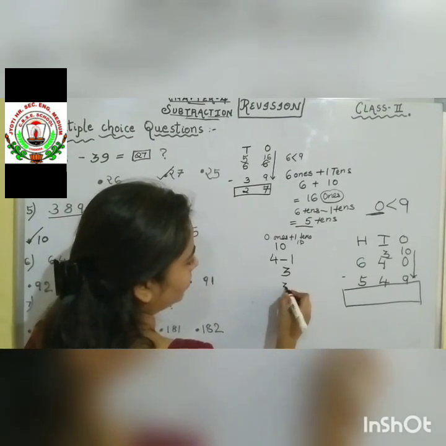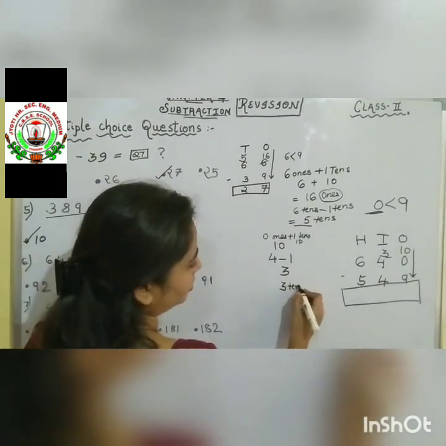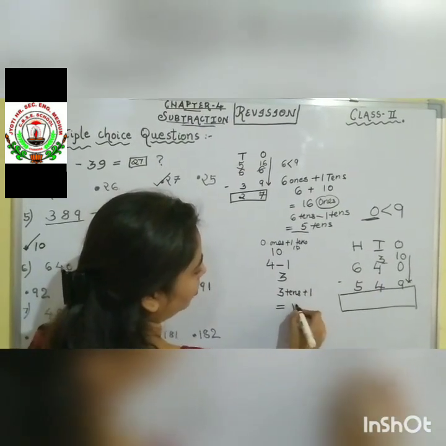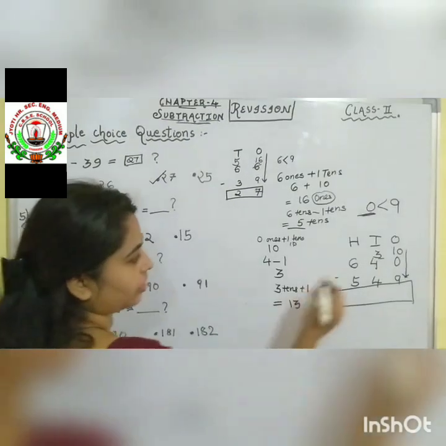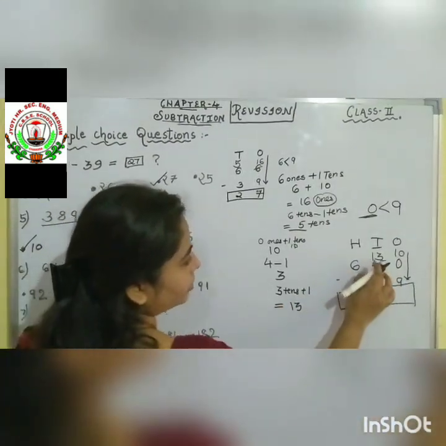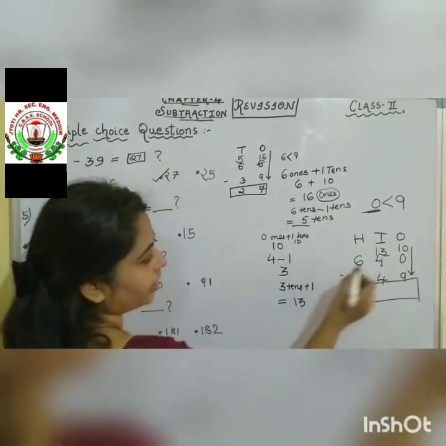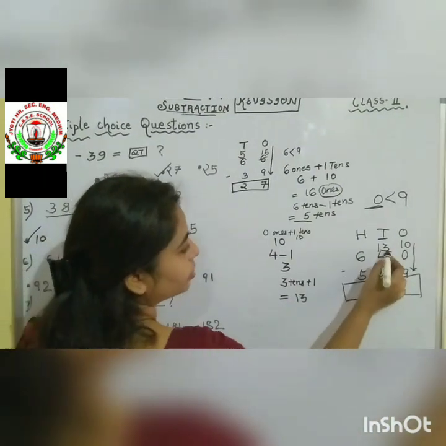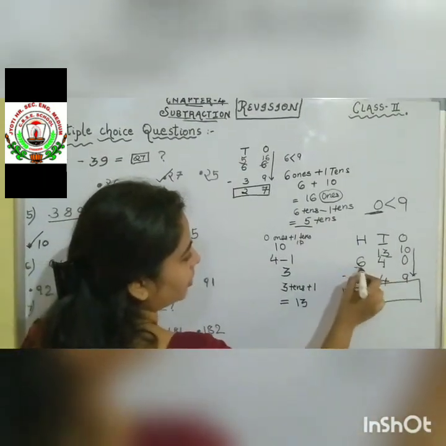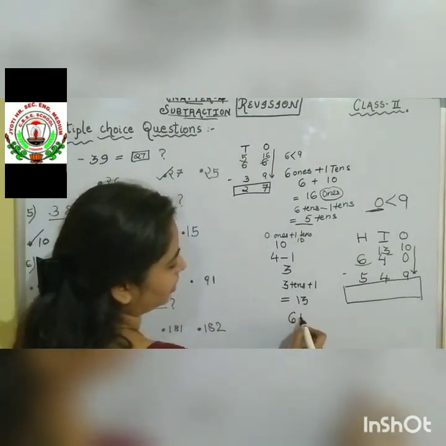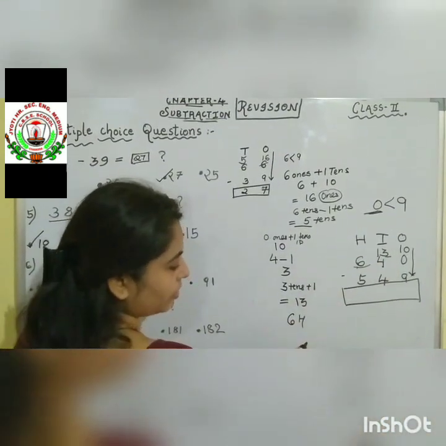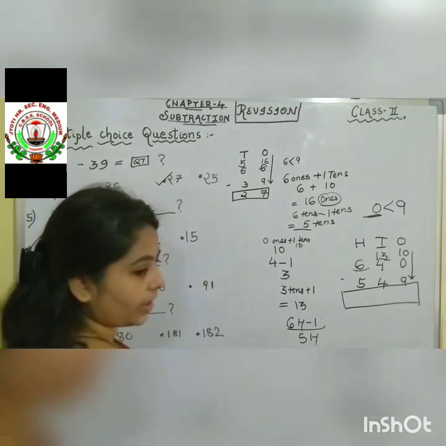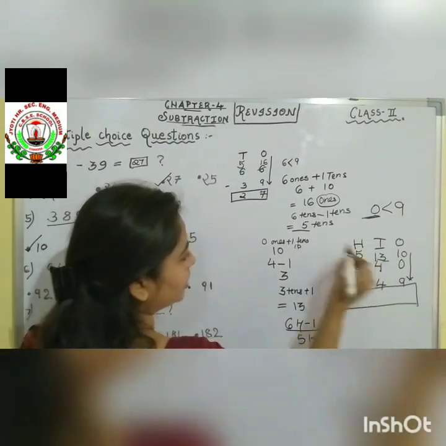See children, 3 tens. Then it will take 100. So now the new number comes as 30. We will write down 30. Our new number in the tens place comes as 13. It has taken 100 from the hundreds place. The new number is 30. Yes, we can do 13 minus 4 now. Now coming to the hundreds place, 600. But it has given 1 to the tens place. 600 minus 100 becomes 500. So the new number comes as 5.